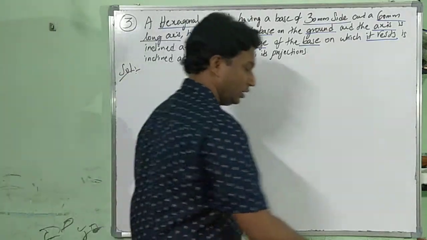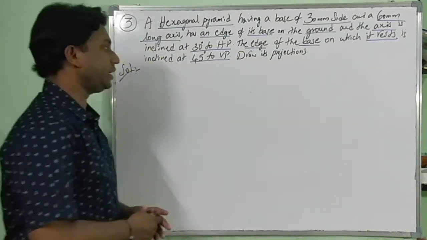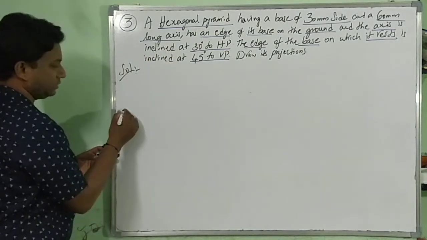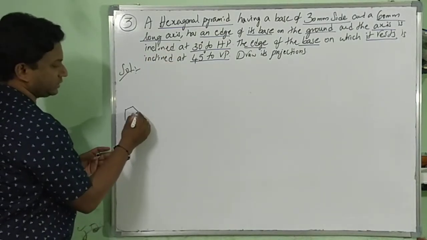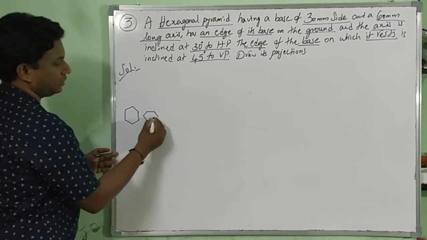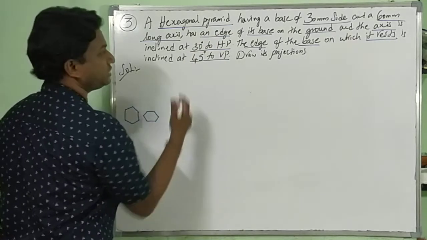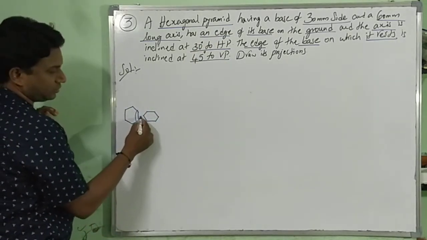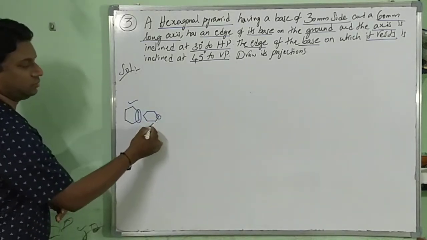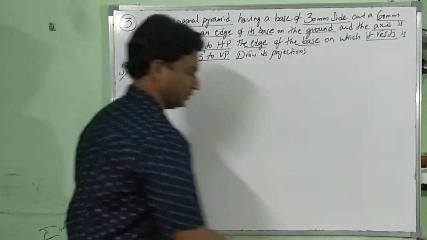I hope you all have an idea about how to analyze. First and foremost, see hexagon again, two styles. This is already discussed. This is one kind of hexagon. This is another kind of hexagon. Has an edge of its base, edge. This corner. This is our problem. In the previous problem also I explained the same thing.